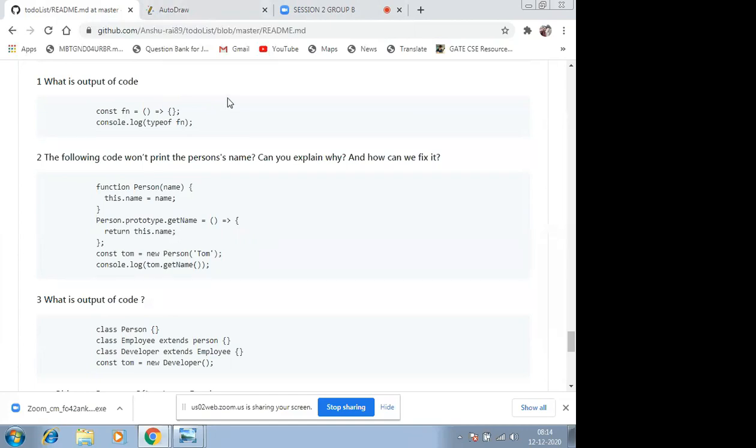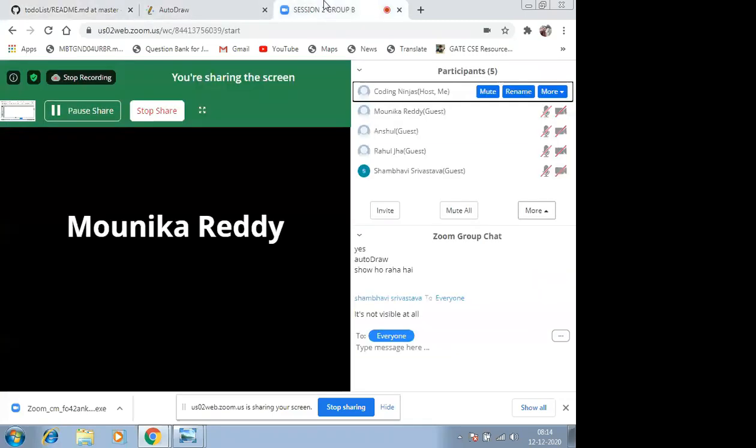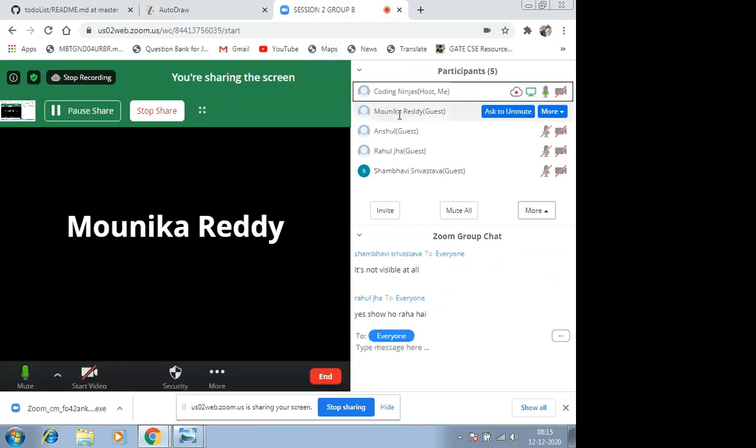If you can see my screen, of course there may be a bit of lag with a poor connection, but you can see other tabs also. Now, can you see it? I think right now I'm sharing my GitHub tab, right? Okay, it seems there is some network issue from your side. Try to rejoin, you can just leave and join again. I hope that will solve the network issue.